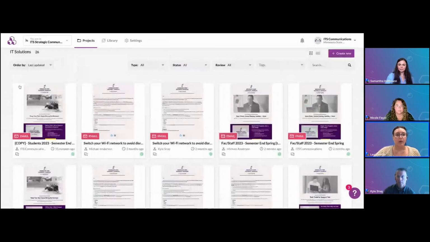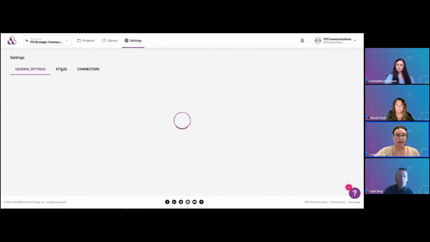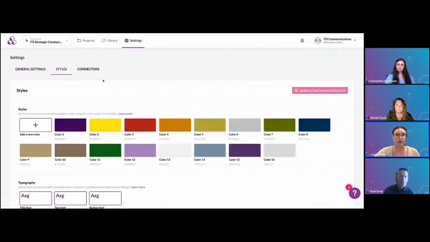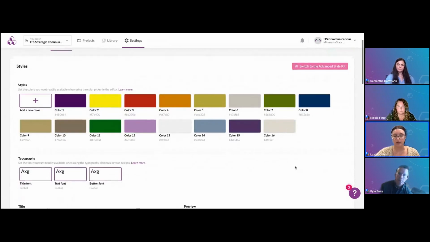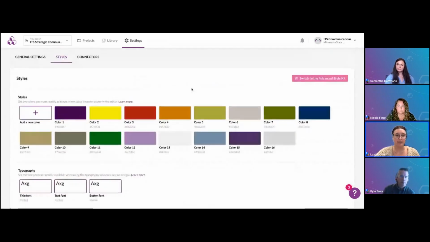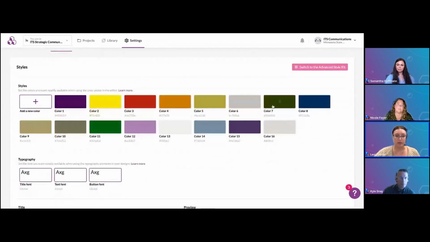Okay, so what I first want to touch on, and Kyle kind of touched on this too, is the global styles underneath settings. If you go to your styles tab, this is what Kyle was talking about with setting your colors. This is a really great starting point just to get that brand consistency down right away. Great kickoff point to just load in all your stuff in here right away. And this sets it across all your mailings. So you can see that you have options to choose your colors, and you can come in here and change these or add them anytime.